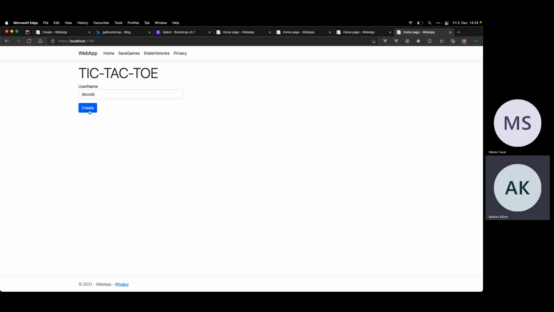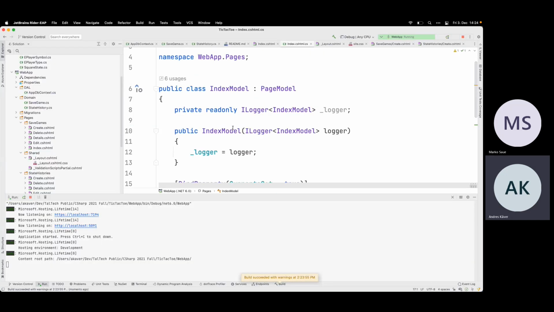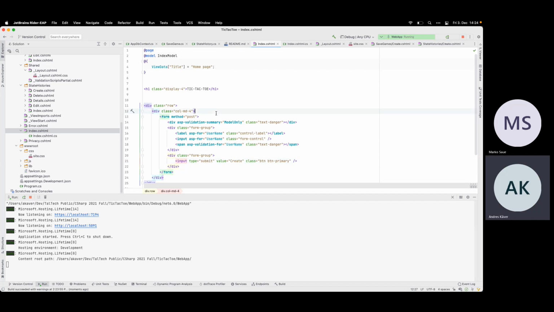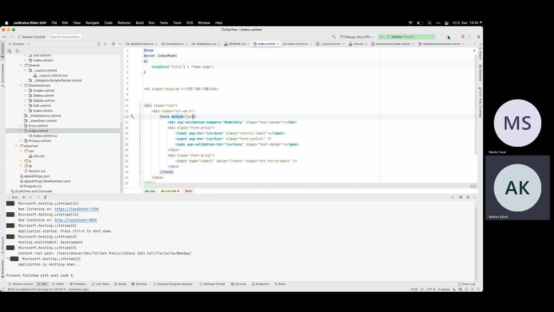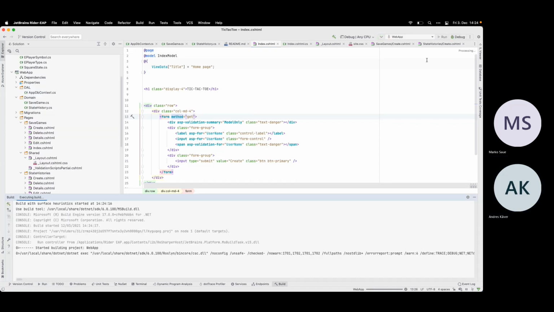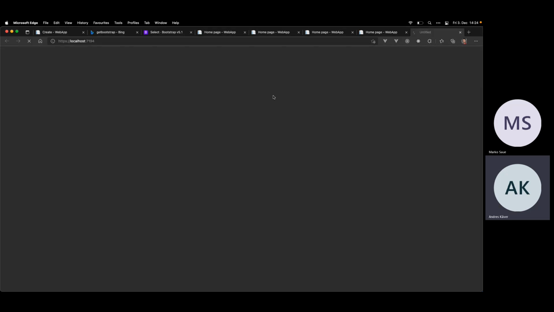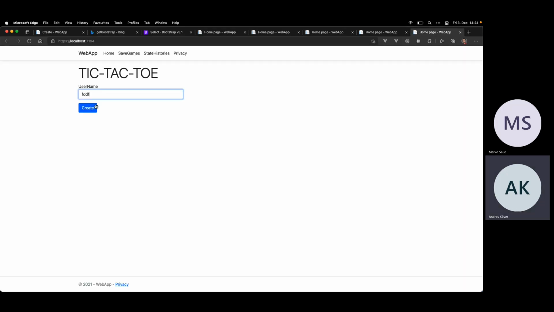Doesn't work. Oh, it tries to do the post. We wanted to do just a get. Yep, and now it comes here, username, blah, blah, blah.